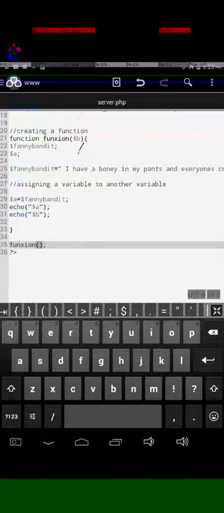So now when we do function, this is what we're gonna go ahead and output. So let's go ahead and try this out with a single quote, because I never know how these things turn out. I can't remember if it's better to use the single quotes or the double quotes, but we'll find out. So function,